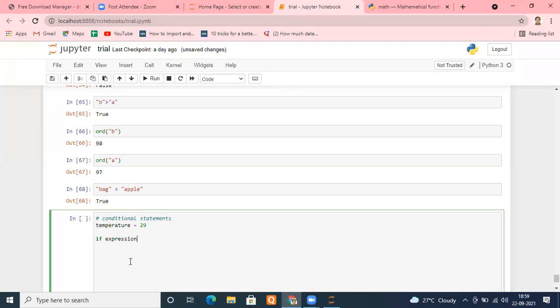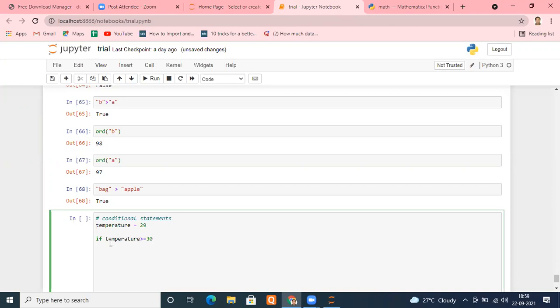Only that expression will be put here. So understand what I am putting here: temperature. What do I want to do? I want to check whether my temperature is greater than or equal to 30 or not. So I put temperature greater than or equal to 30.